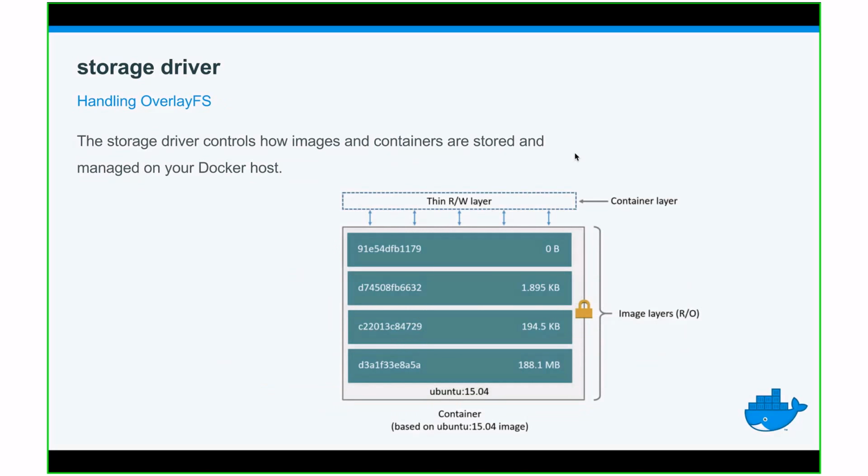Then the storage driver handles the overlaying file system. So if you instantiate a container, it will fetch the file system of the container image, and it will make it a read-only file system. And on top of this read-only file system, it will create a thin layer that you can write and read files from and to. So the image layers won't go away, so they cannot be changed, but you can just do changes to this little container layer on top.